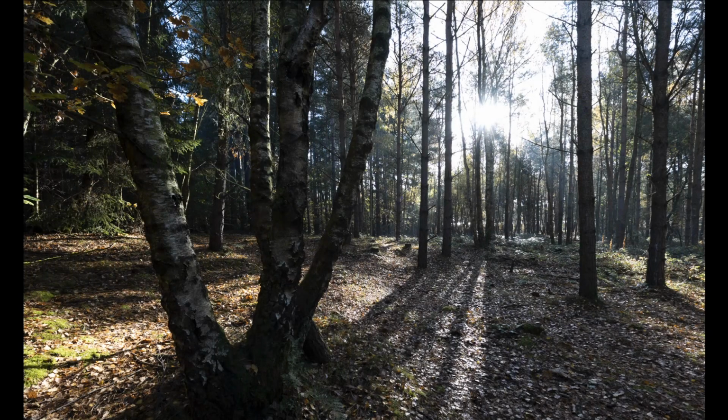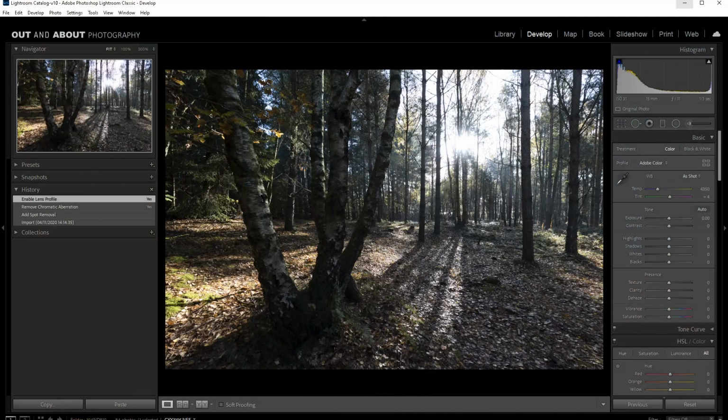Due to current restrictions, we're not out and about at the moment, so today I'm going to take you through the processing of a couple of images that I took in the woodland video that you may have seen. So today we're out and about in Lightroom. Right, so this is the raw file that we're looking at, and the first thing we're going to do with